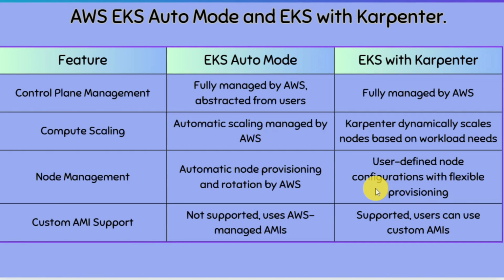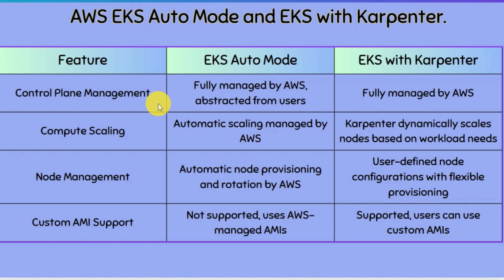Okay, so before we get into the next section, I want to discuss the difference between AWS EKS Auto Mode and EKS with Karpenter. These two powerful options are really great at managing Kubernetes clusters on AWS. Both approaches offer unique benefits and cater to different use cases depending on the level of control and flexibility you need. So let's start with